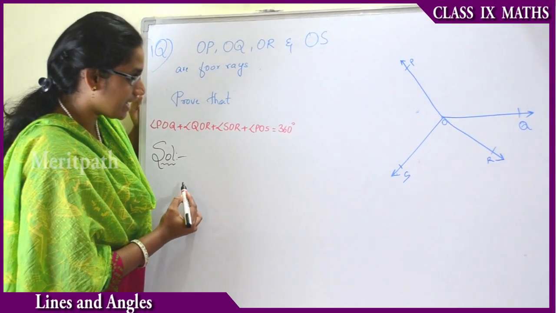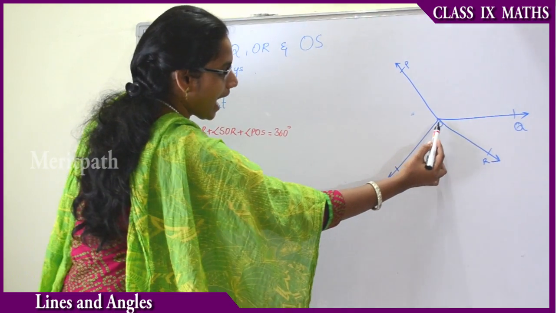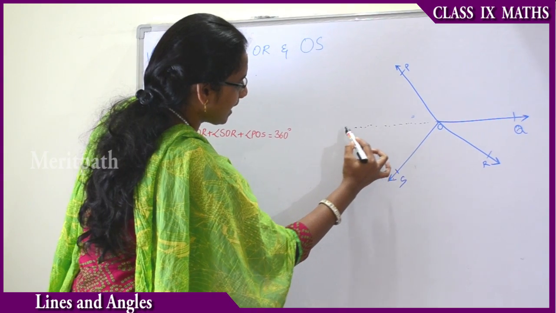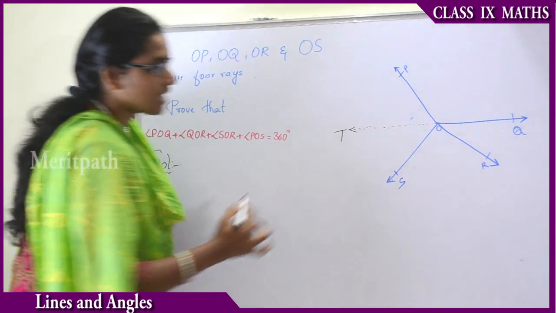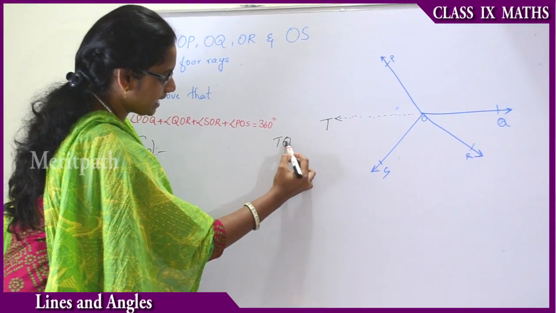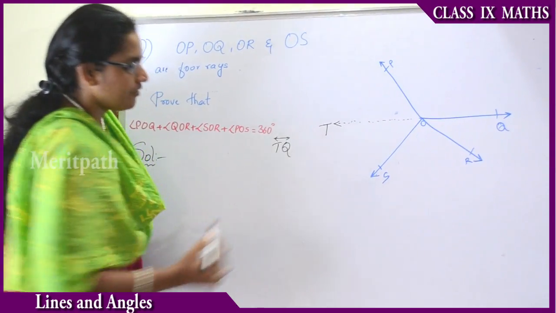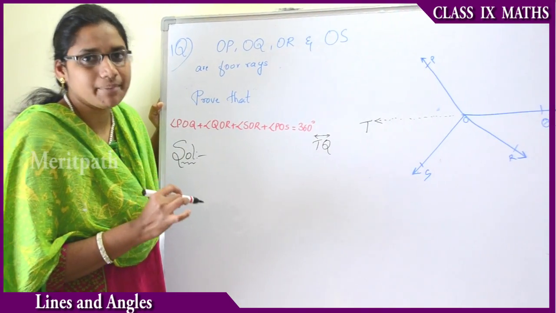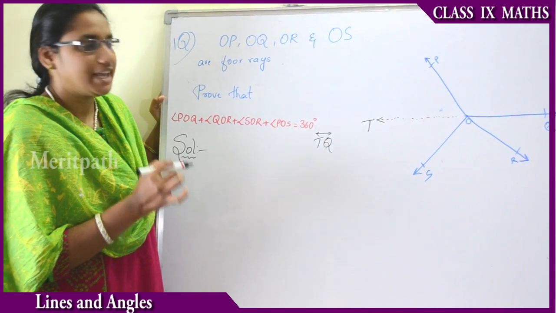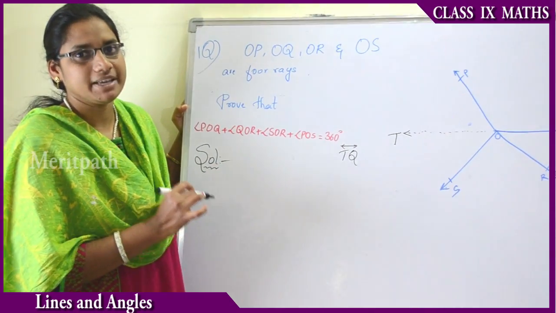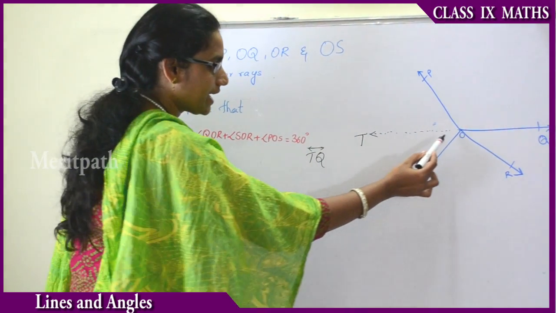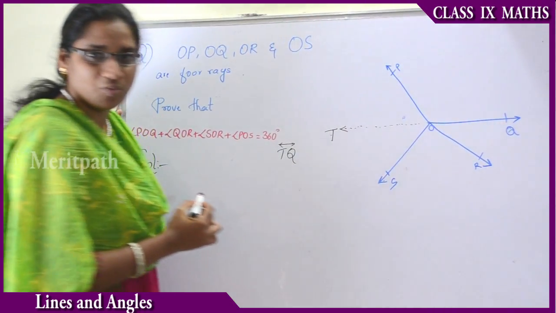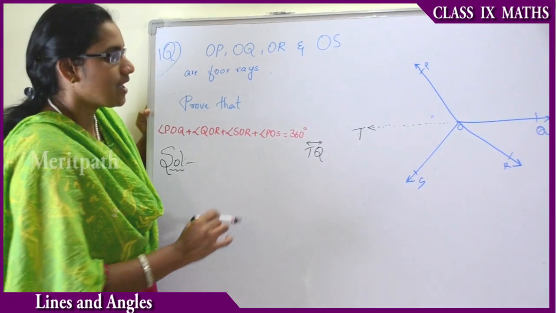Now let us assume that the ray OQ is complement to the ray OT. Let us assume that TQ forms a line. We have already seen an important point that a common ray on a line makes adjacent angles that add up to 180 degrees. That means angle POT and angle POQ equals 180 degrees,